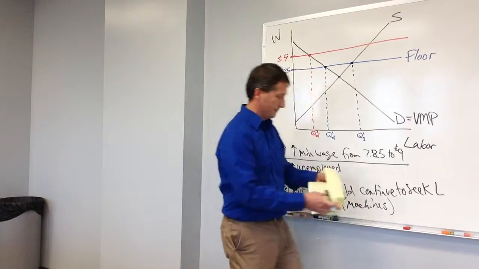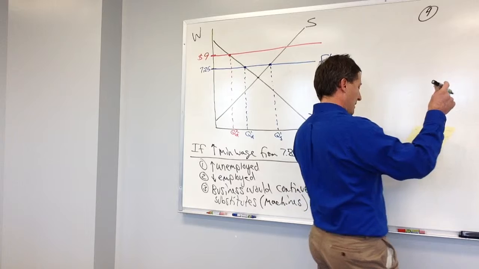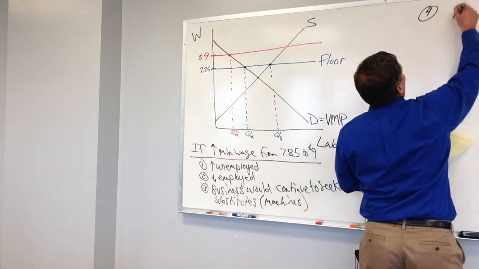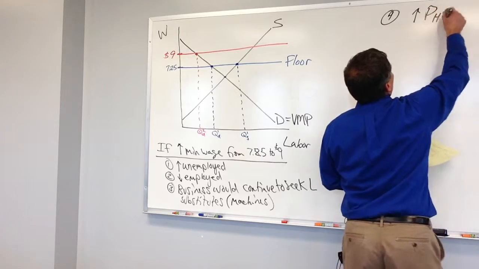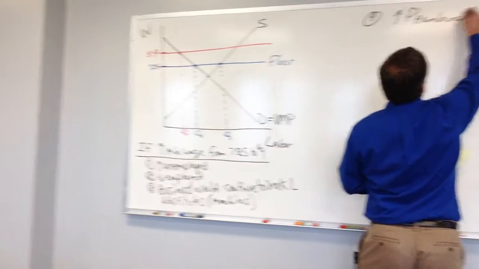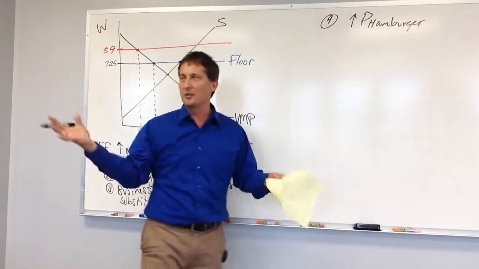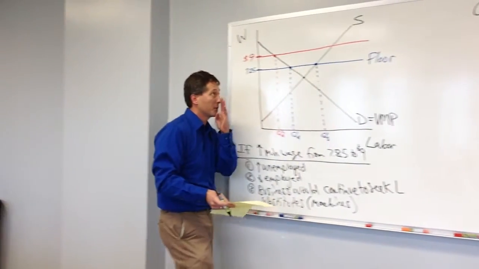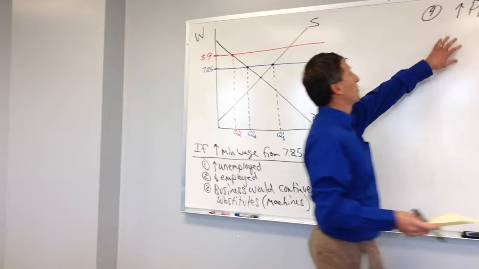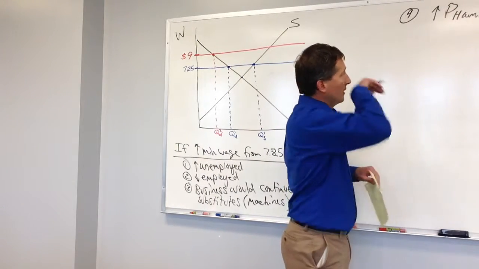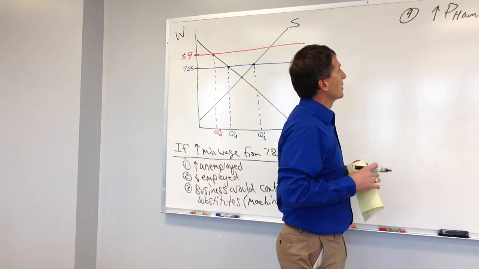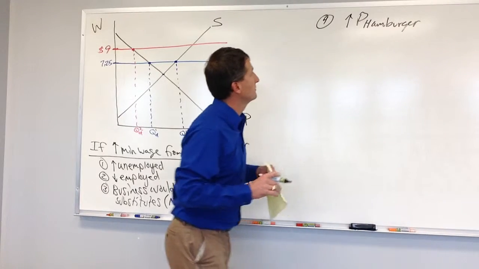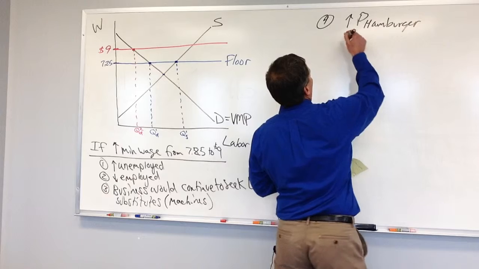So conclusion number 4, result number 4: I think we'd have an increase in the price of hamburgers. I'm just going to use hamburgers in general, but low to no skill products that have a large fraction of those workers, ultimately their price would go up. So an increase in the price of hamburgers to kind of pass the buck, if you will, to the consumers.